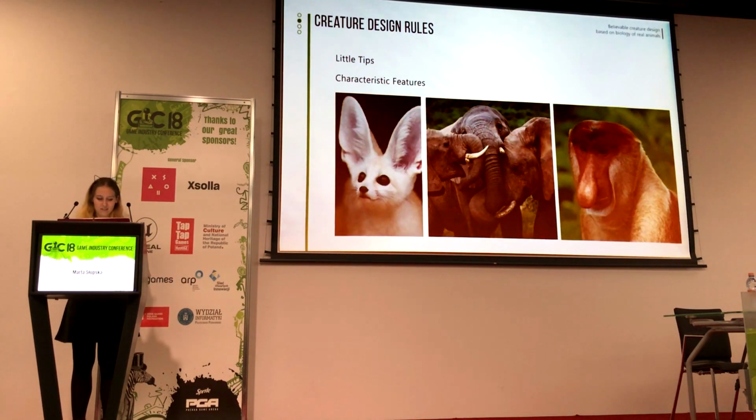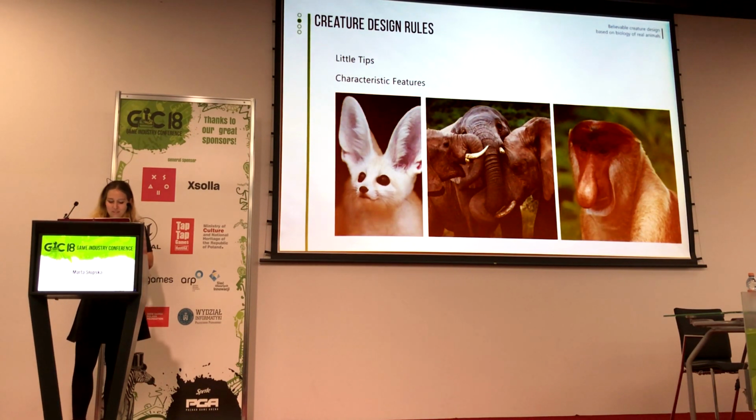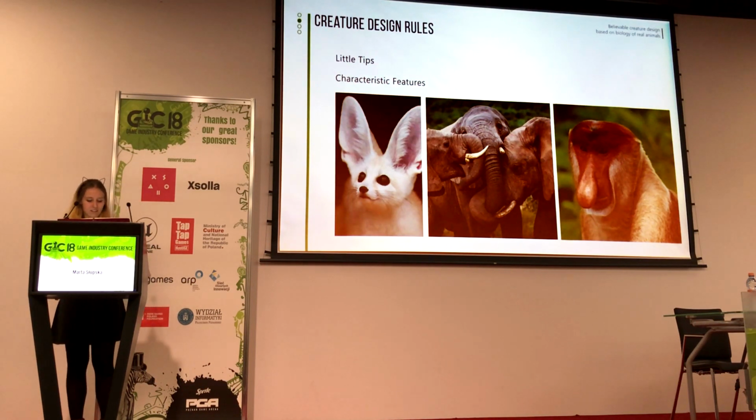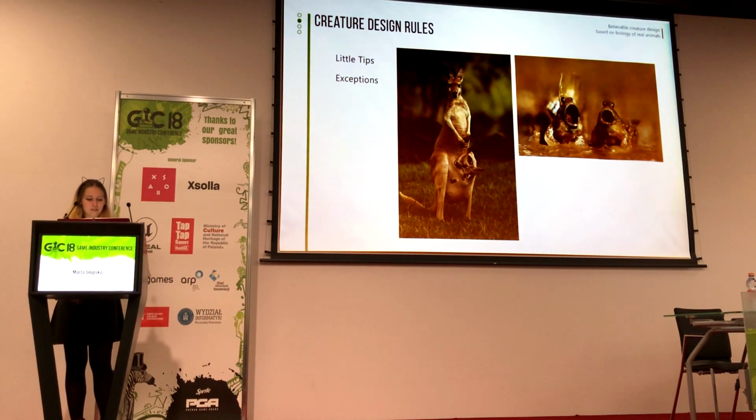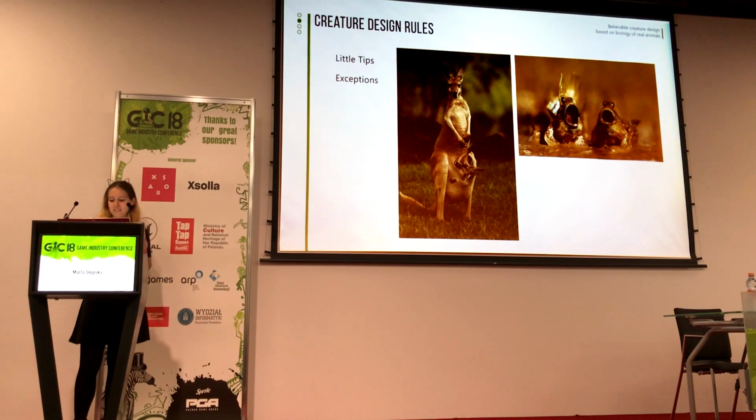Okay, so there are also some little tips in biology I like myself. I think it's nice to give your creatures some characteristic feature. I noticed that there are some animals that have very recognizable features, that when you see an animal with very big ears and a trunk, you immediately know that I'm talking about an elephant. And another little tip is to make exceptions, because every exception proves the rule, and in the real world there are a lot of exceptions to the rules.